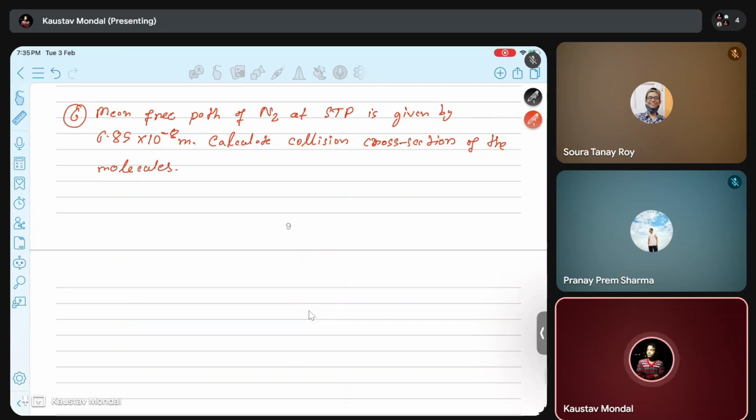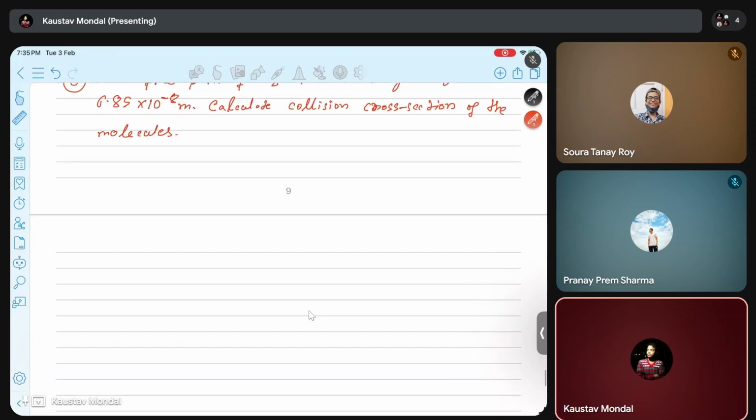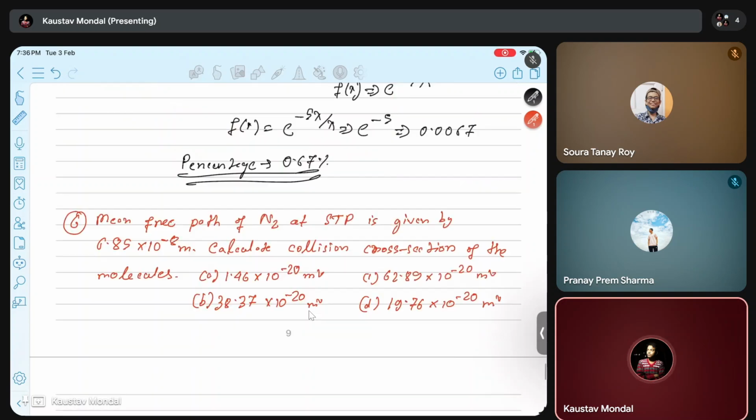The options are: option A is 1.46 into 10 to the power minus 20 meter square. Option B is 38.37 into 10 to the power minus 20 meter square. Option C is 62.89 into 10 to the power minus 20 meter square. And option D is 19.76 into 10 to the power minus 20 meter square. Okay, so now,